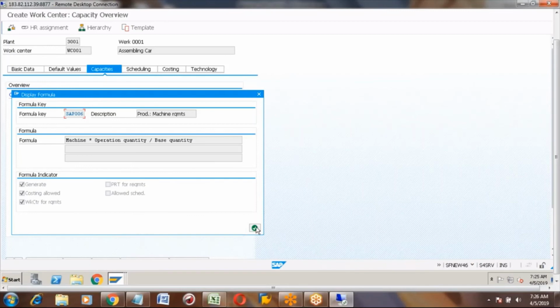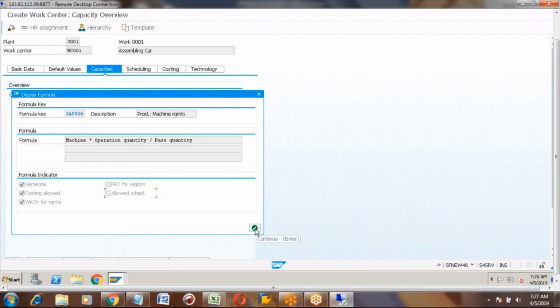Now I will show you SAP 001. If I open that SAP 001 or 2, then this allowed scheduling will be tick marked. This work center for requirements tick mark will not be there. So that means during scheduling, you need to use that formula for machine calculation.